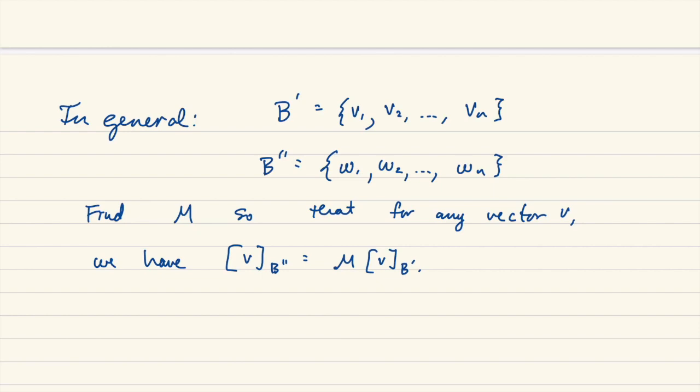I'm not going to prove this, I'm just going to state it. It turns out that M is going to be the n by n matrix, remember, n is the dimension of our vector space, whose columns